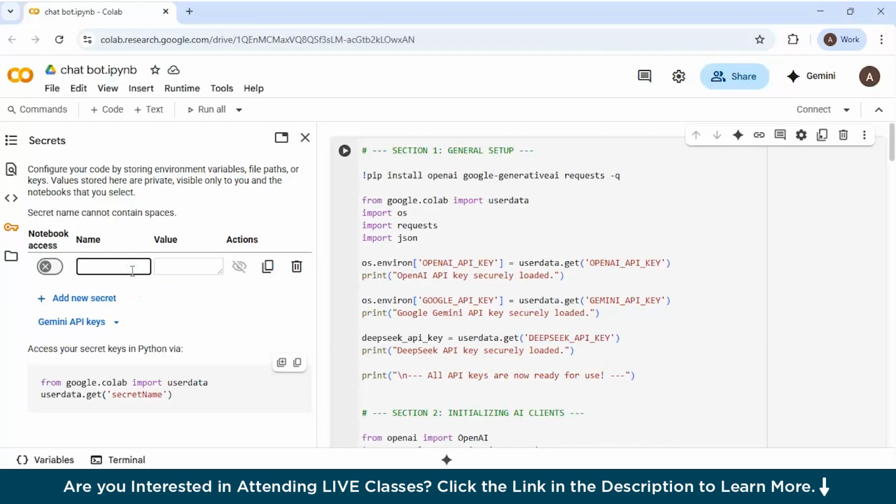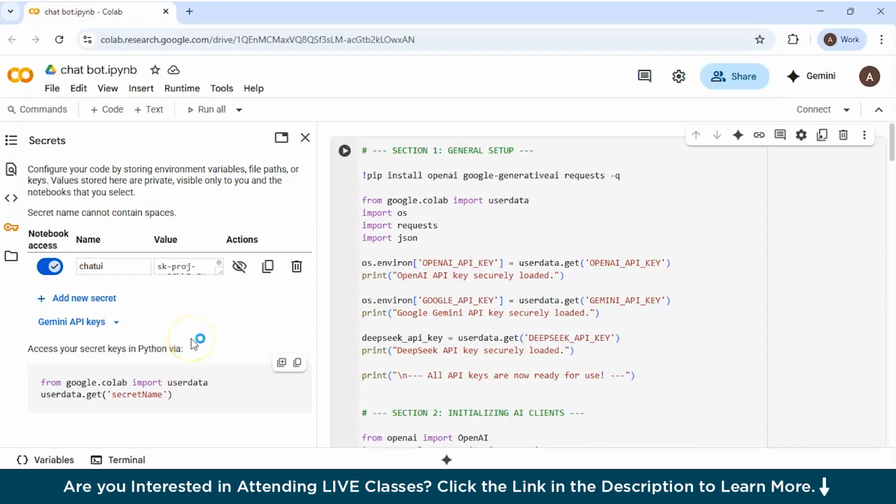Here, as mentioned before, I'm adding the key to it. If you want to add another one, I'll show you how to add. This is the value, and the name of this is chat UI. After doing that, you can give the notebook access. Now, OpenAI is fine.